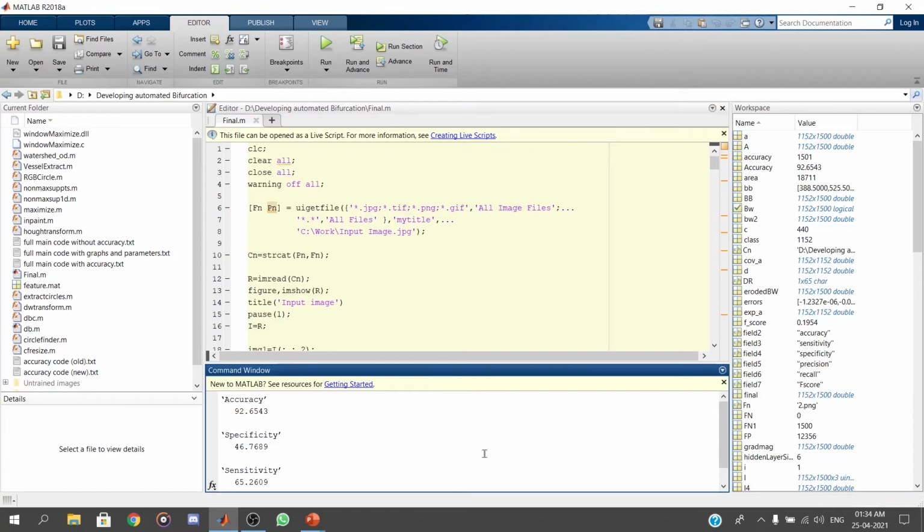After the successful execution of this project, we obtained three parameters. They are accuracy, specificity, and sensitivity. This project has an accuracy of 92.6%, specificity of 46.7%, and sensitivity of 65.2%. Finally, the future scope of this project is that new algorithms can be used to increase the accuracy